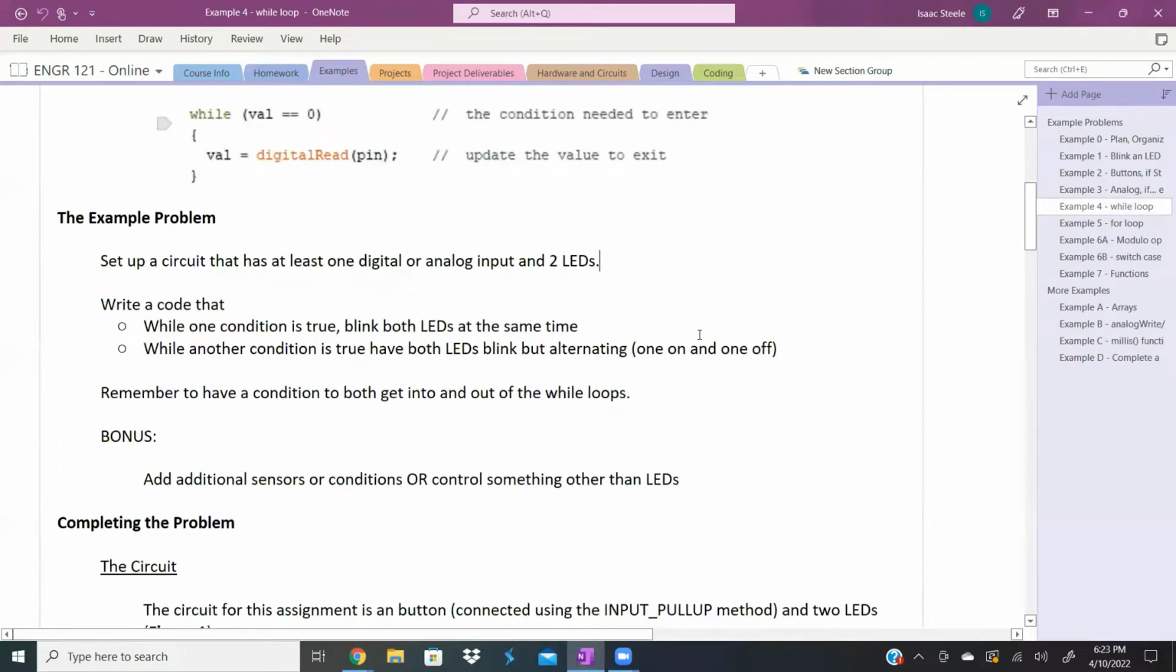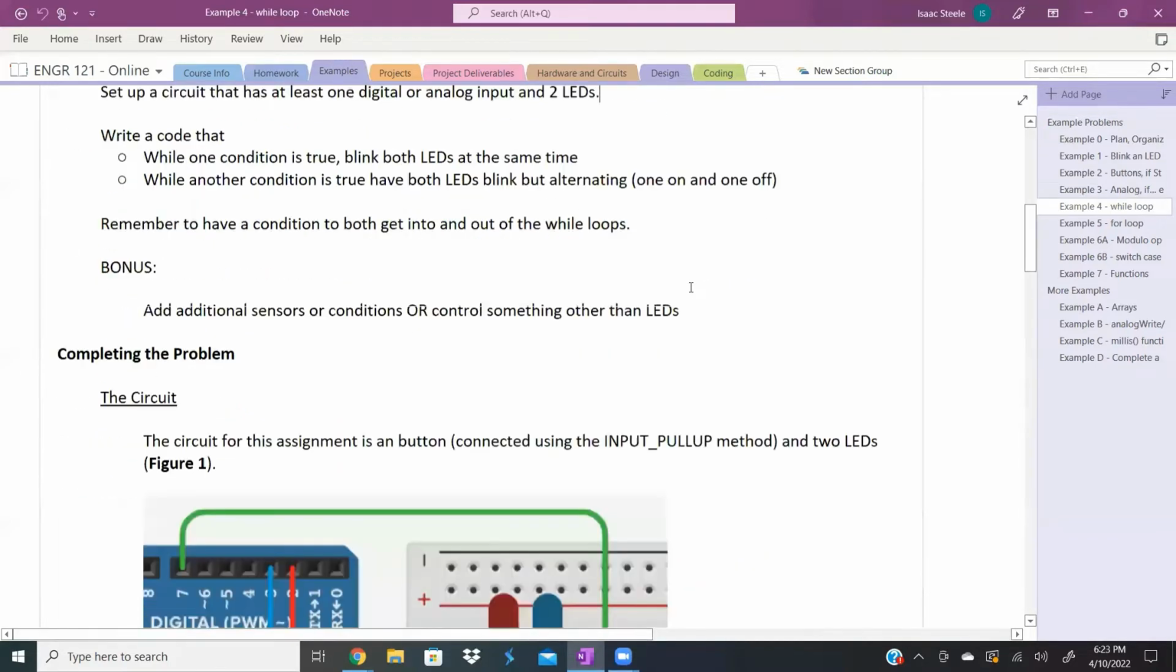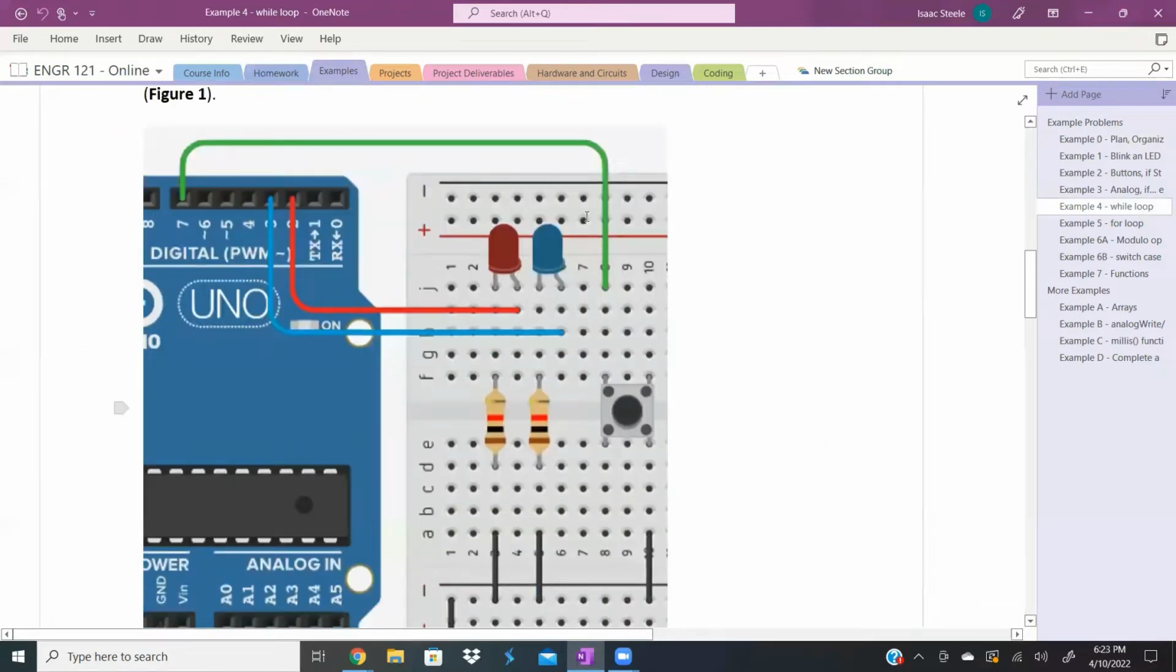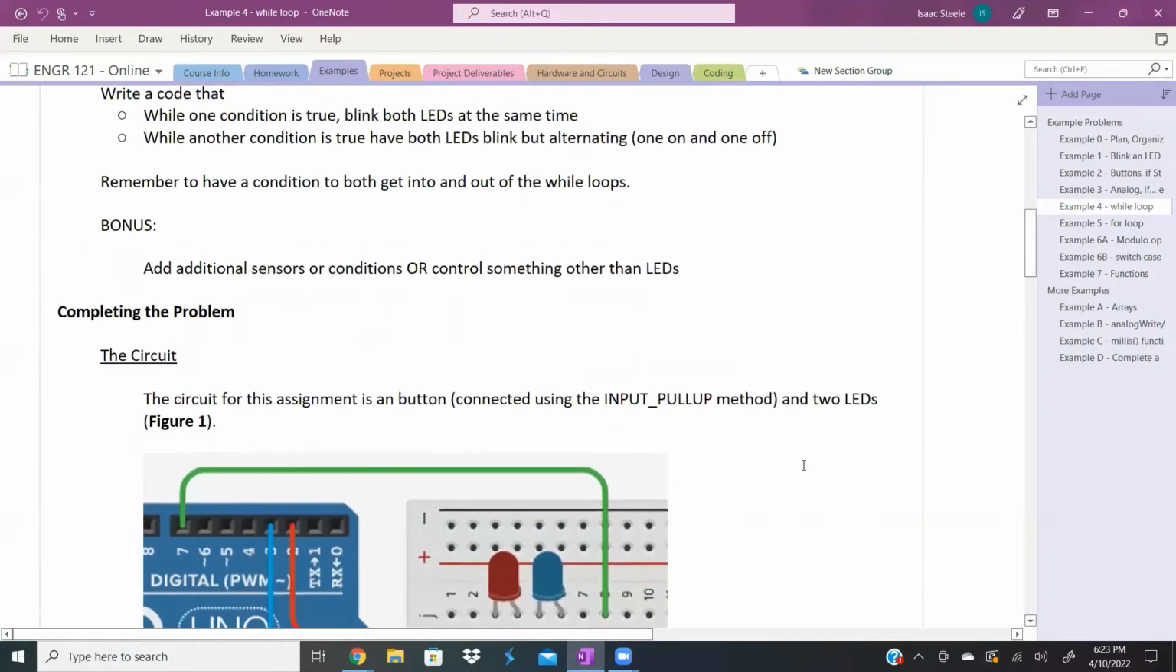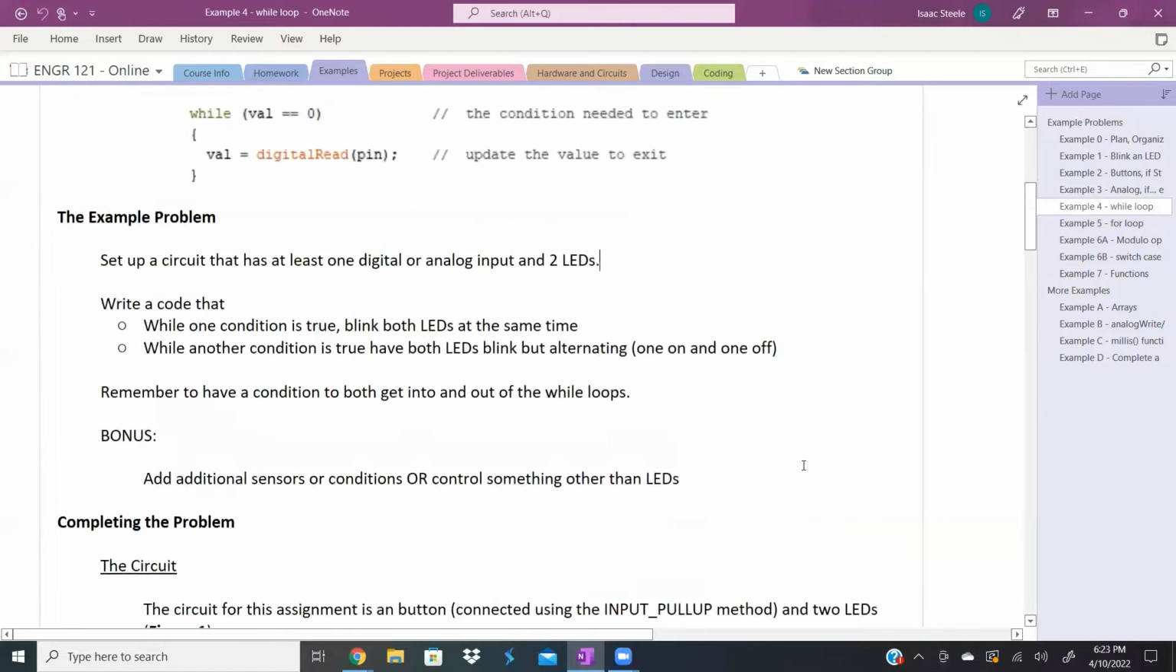All right, so the setup for this problem is at least one digital or analog input and 2 LEDs. When I wrote this, I had 2 LEDs and a button, and that's what the code in example 4, the one uploaded onto Google Drive, is. But we haven't done an example yet that has a photoresistor. And so as I work through this problem right now, I'm going to choose an analog input,